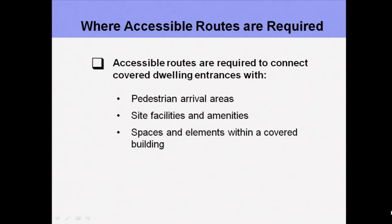Where the border of the property goes all the way to the public street, there must be an accessible route to a pedestrian arrival area that maybe is a bus stop down the street, okay? There also has to be an accessible route that connects every dwelling unit to the common use areas and to the site amenities. So that generally means an accessible pedestrian route between every unit and the pool or the laundromat or laundromats, the garbage dumpster,